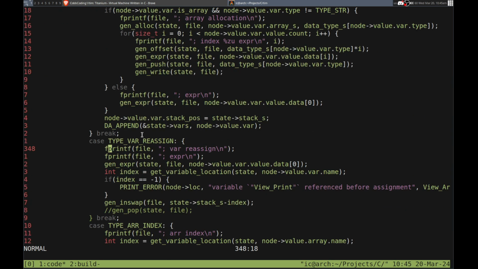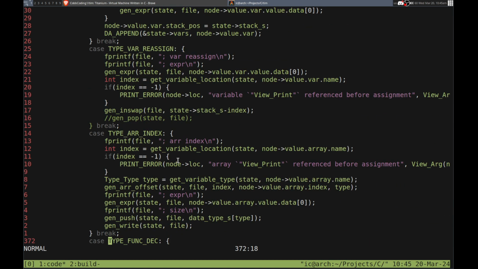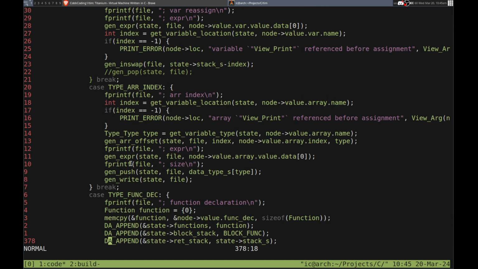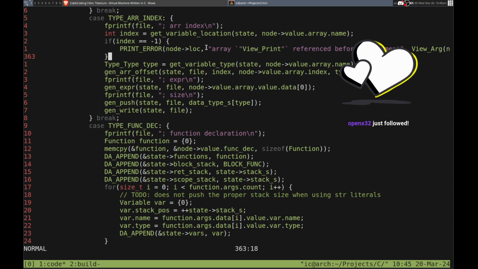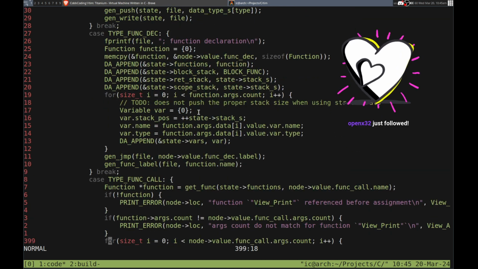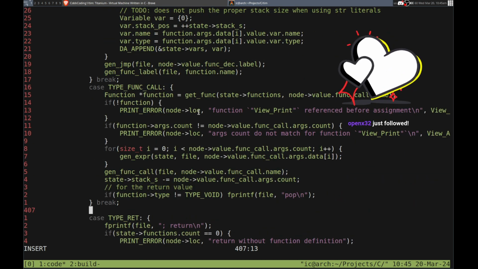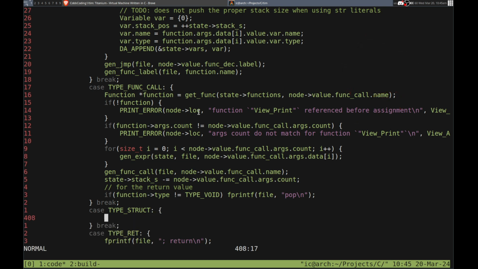Variable declaration. Alright, so we could do, type struct, array index, so it must be going into here or something. Open x32 followed. Let's put it after the function call, though. Type struct. Yeah, I did spell that right. Alright, so what we need to do is,